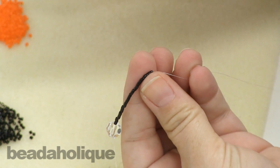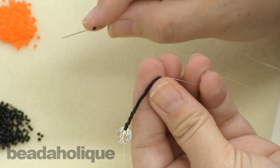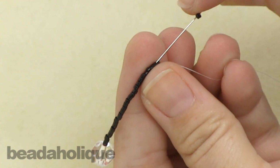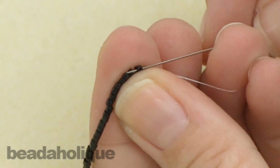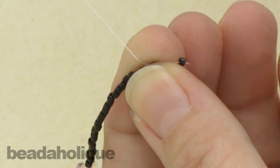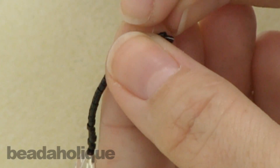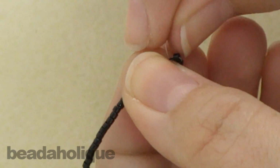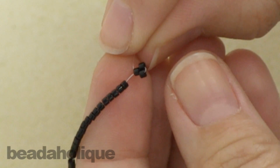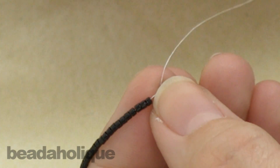you're going to take your needle, and for this 3rd row, it's going to be all black beads. So you're going to pick up 1 black bead, skip the first, go into the second, holding it very tight, and just bring your thread through, and I'll show you what it looks like. And what you're going to need to do is just kind of wiggle it around a little bit until you get that little triad there. So hold that, pick up another black bead,